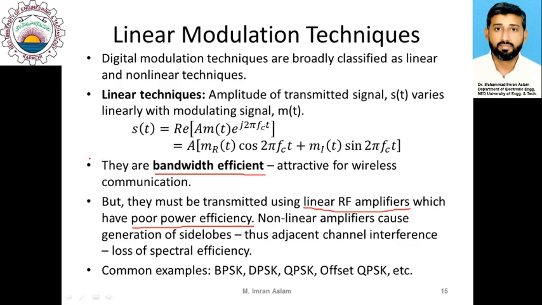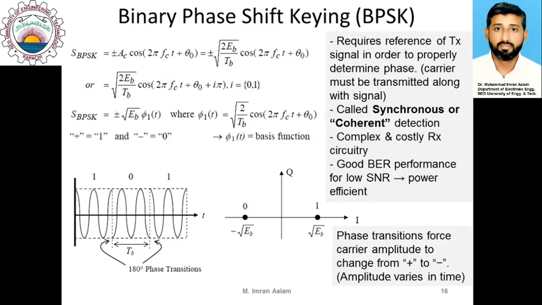So these linear techniques have the advantage of bandwidth efficiency, but they have a restriction that they can be used only with lower power efficiency by virtue of using linear power amplifiers. Common examples of linear modulation techniques are BPSK, DPSK, QPSK, offset QPSK, and all similar techniques come under the category of linear modulation techniques. So let us quickly discuss binary phase shift keying, BPSK, which is one example of a linear